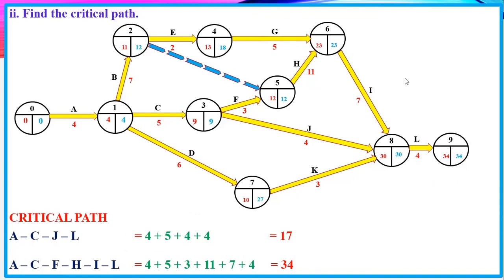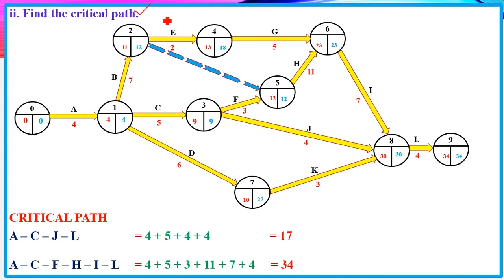After drawing the network diagram, we were asked to get the critical path. And remember, we said the critical path is the shortest time possible that will take you to complete the whole project. For example, if you're building a house, what is the shortest time that will take you to complete building that house? So that shortest time is what you're calling the critical path. And the easiest way,